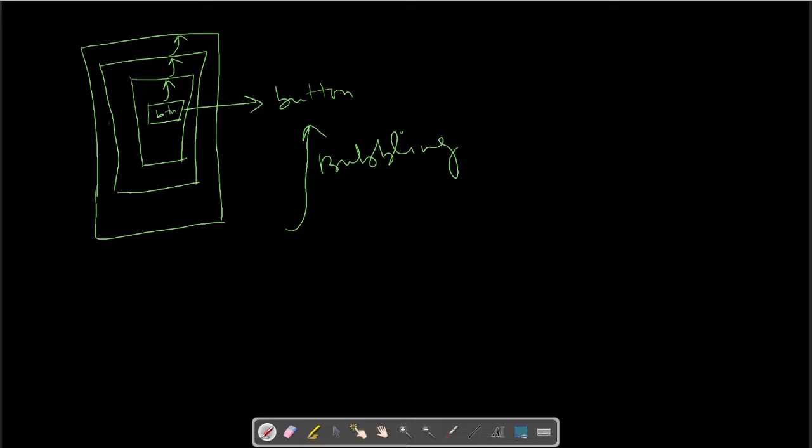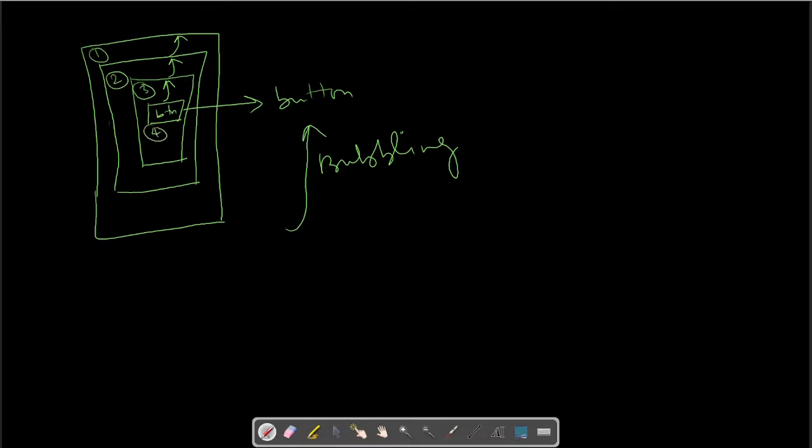And capturing is just the opposite of that. So once you click this button, first the event will execute here at the top level, then its immediate child, then it will execute down the chain, and then at last at the button at the fourth level.